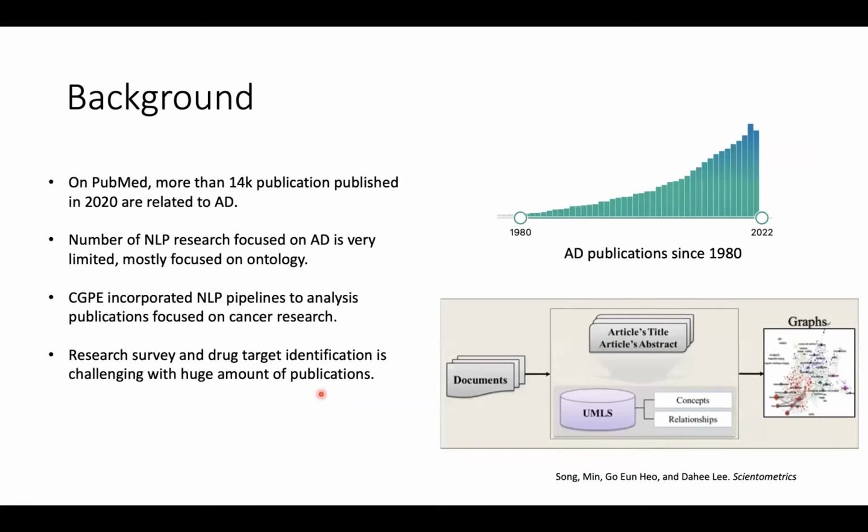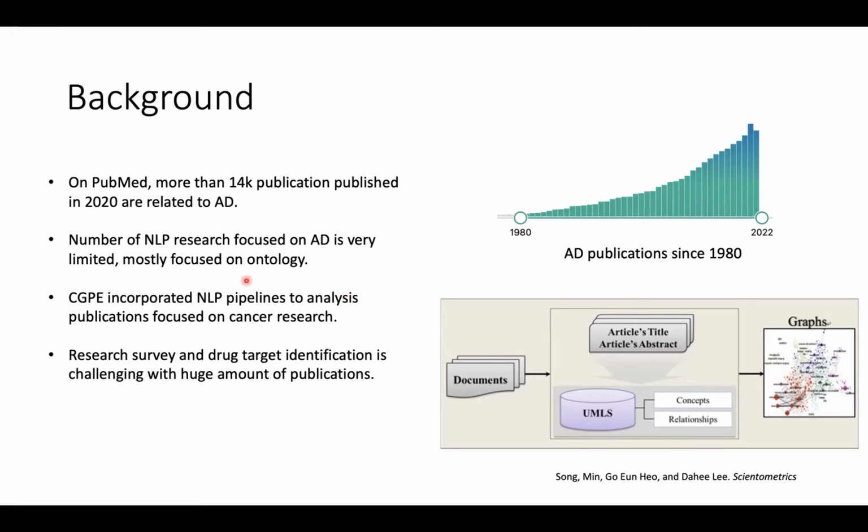On the publication side, this number is coming from the PubMed database. There are 14,000 publications related to AD published in 2022. So there is a huge amount of publications in this area, especially in recent years. There are more and more publications coming out, and the number of